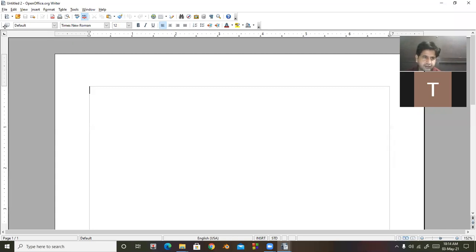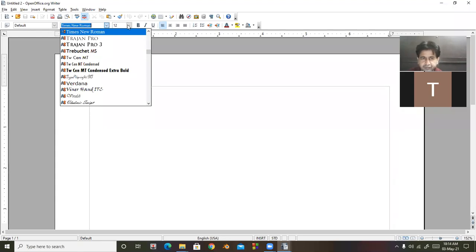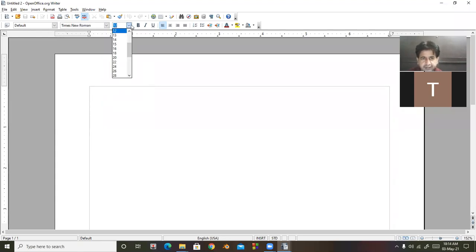And after that, there is a formatting toolbar in which there are tools to format your text. In this you can select your font style, font size, bold, italic, underline, then alignment buttons: right, center, left, justify.